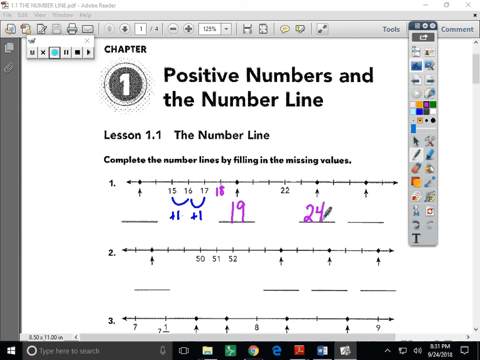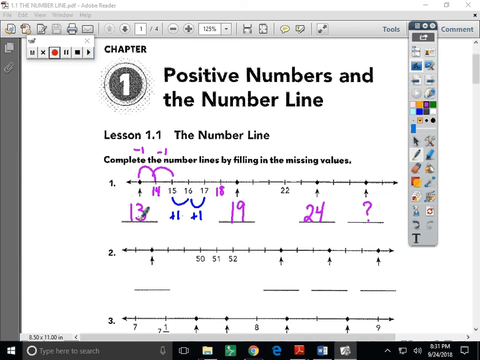Well, that's great when I'm moving to the right, and I'm guessing that you can continue this pattern to figure out this missing number at the back. But what happens with the numbers up front? Well, if you're moving backward in this pattern instead of forward where we were adding, we're going to do the opposite. We're going to subtract. So to move back 1 would be the same as taking away 1. So 15 take away 1 is 14. And if I jump backwards again, move one more interval to the left, I take away another 1. 14 take away 1 is